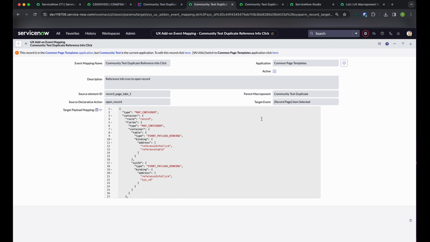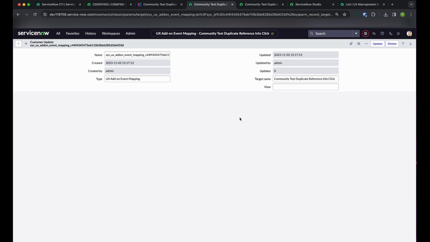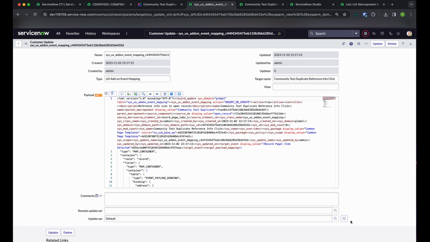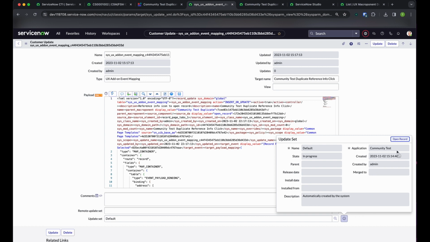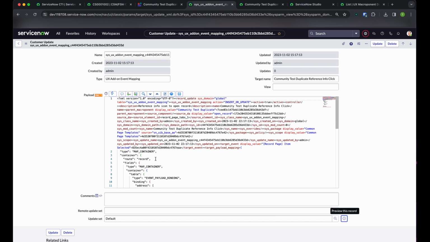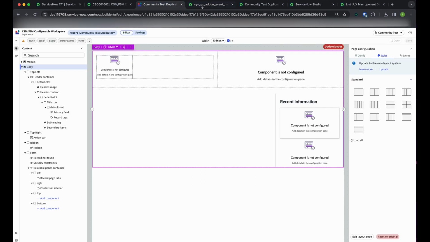And so we're kind of getting this weird scenario where we update the parent macro opponent, but we don't update the application. It gets even weirder though, because if we drop into the update, we'll see that our update lives in our default update set for our scoped application. So I have my community test update set. This is the default update set that gets generated. And so this update actually lives in that default update set, which is pretty unusual because this update technically lives in the scope